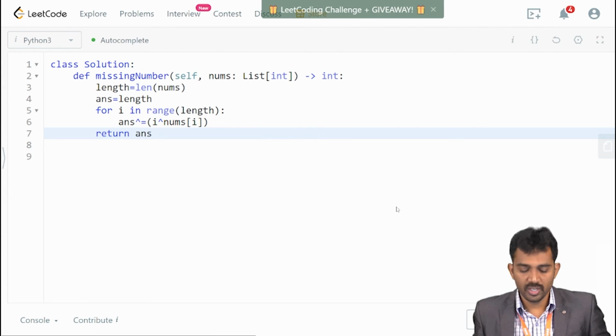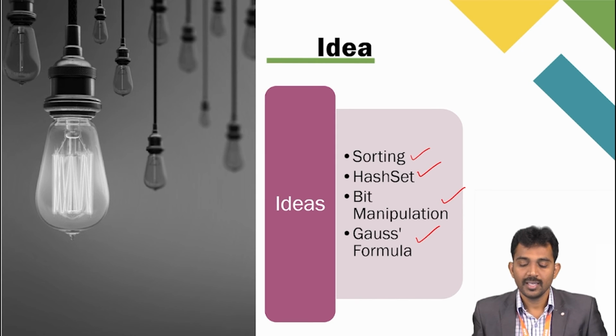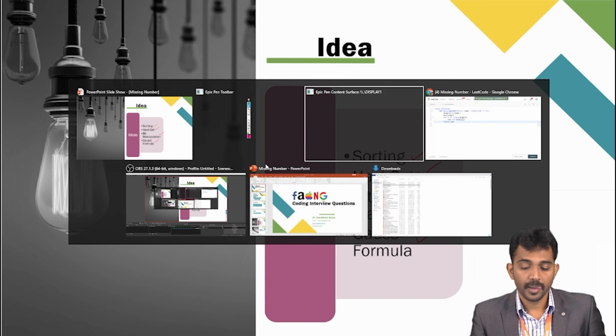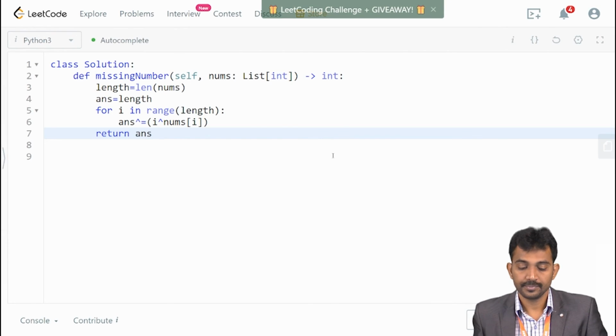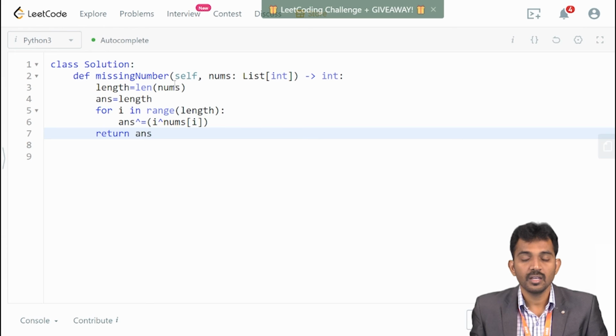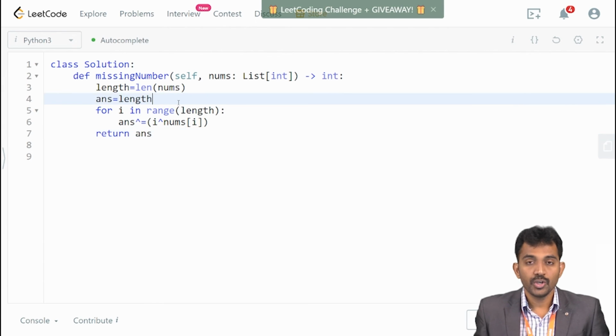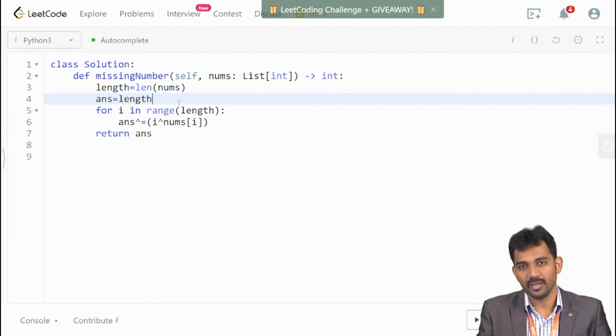And we'll see one more method. What is that? It is Gauss's formula. See, the same thing here, length is there, right? Here, what I'm going to do is use the length for the particular number. You know the sum of n numbers formula.